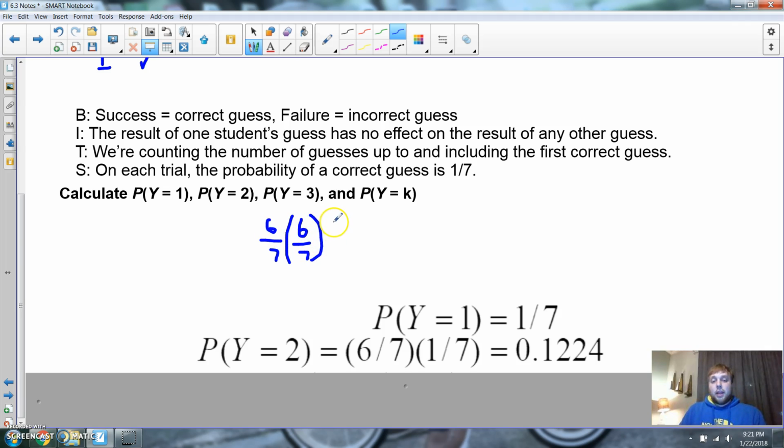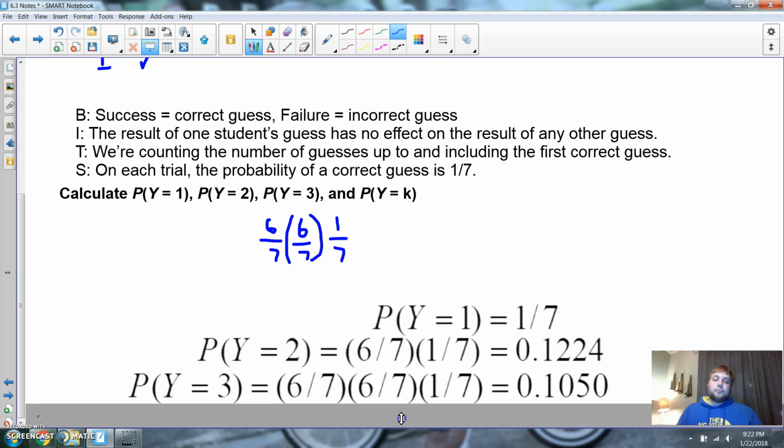So 2 wrong, and then finally I get 1 right. Or you guys get 1 right. Okay, so there you go. That is the probability of getting it right on the 3rd try. Do I have combinations? No. I must get fail, fail, succeed. I can't succeed, then 2 fails. I have to fail, fail, succeed. So the probability of that is going to be that one.